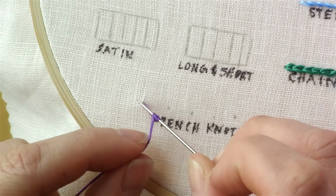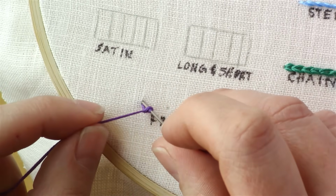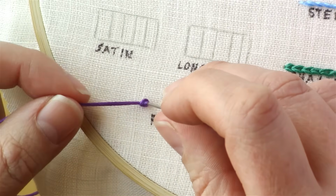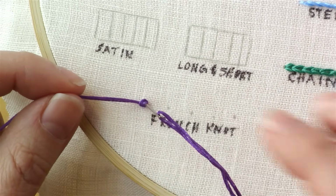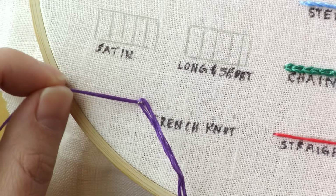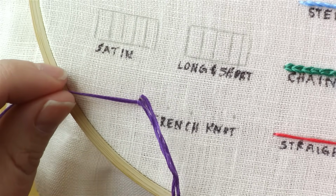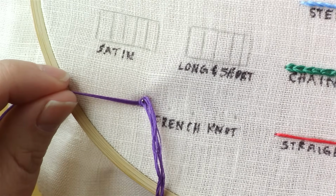Make sure you're holding onto this end here, and go back down in or near the same hole that you came out of. And the whole time you want to make sure that you're holding this tightly, but not too tight, because then you'll get too tight of a knot here for your needle to go back through. So just kind of hold it a little taut there, and then bring your needle back down through the other